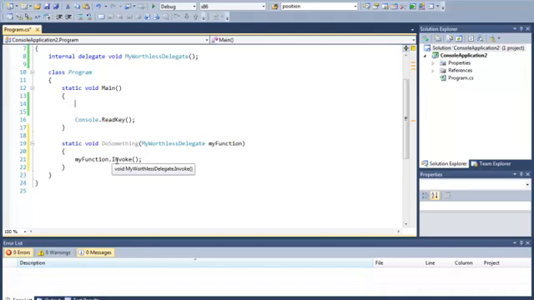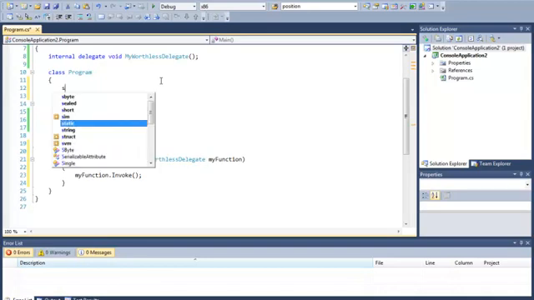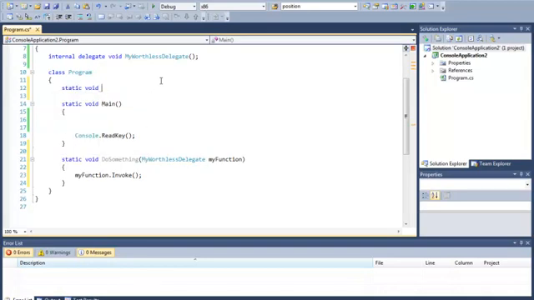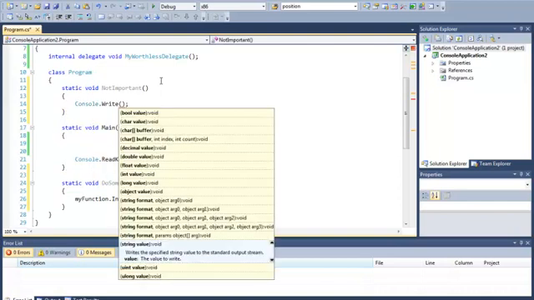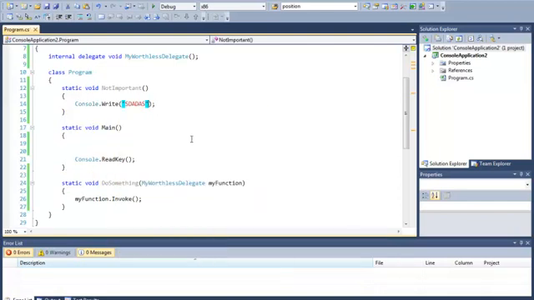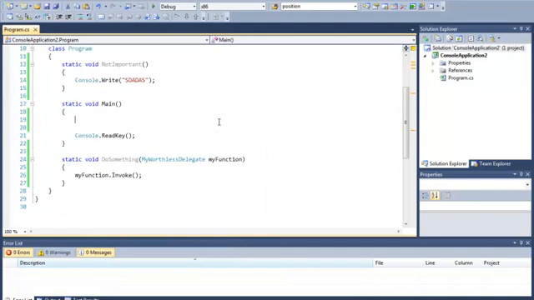Okay, so we have a method that takes a delegate and calls a special method on that delegate called invoke. Now what you can do is you can go up here and define another method. So here's a method that I'm writing, as a part of my code. And I can go ahead and assign that method